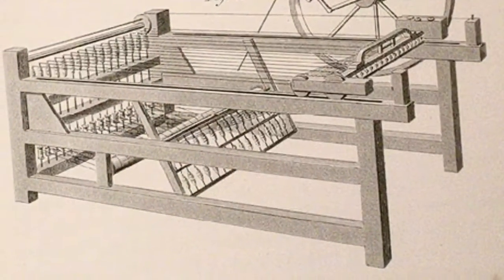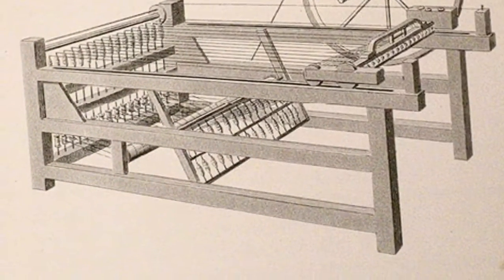The textile industry kicked off with a nationwide sweeping innovation in 1764. James Hargreaves created the spinning jenny, a machine that produced thread 10 times faster than a spinning wheel. This machine was driven by hand cranks and many spindles. Throughout the years to come,